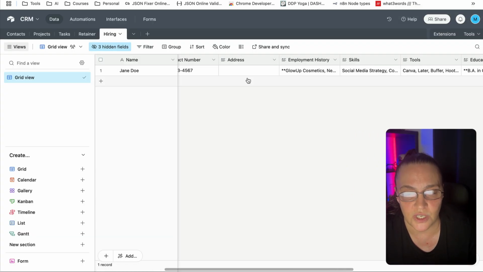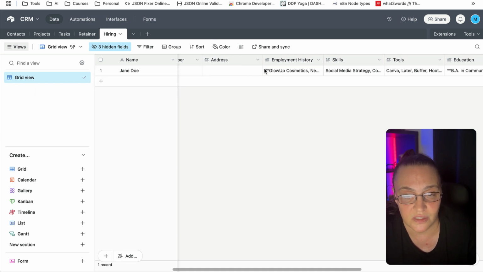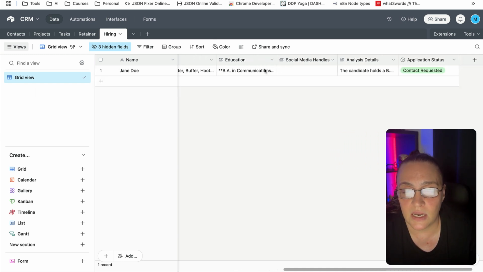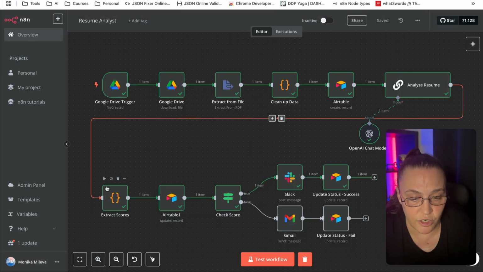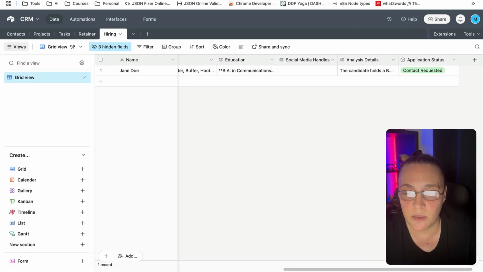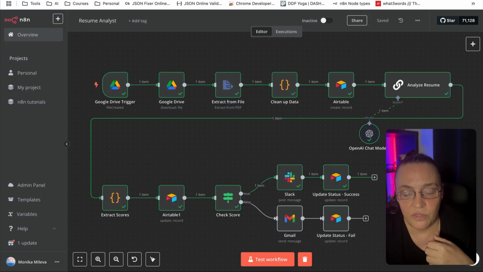So as you can see, I did not put an address in those dummy resumes, so it doesn't have anything. It leaves it blank. And then it goes through, extracts the scores, and again updates the Airtable with the analysis details and the application status. And in this instance, we want to contact the